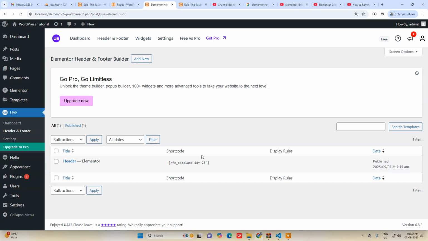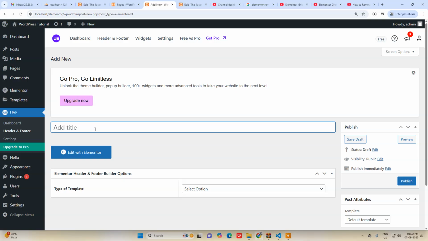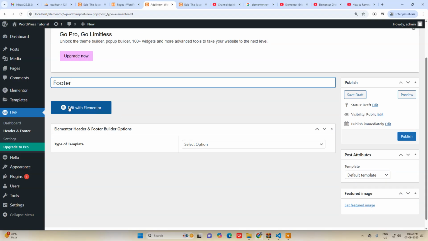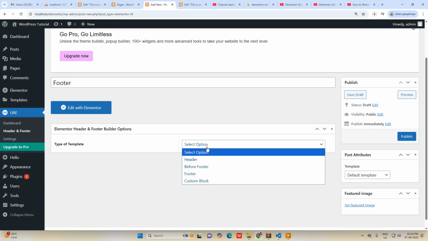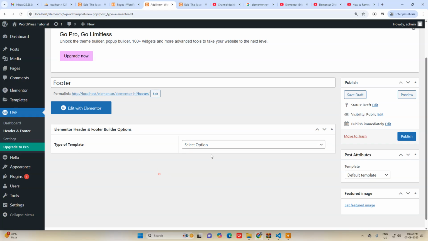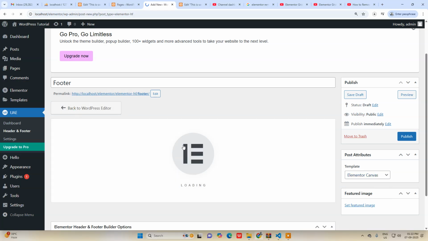Now we have created this header, so you can see the shortcut is also generated. I will show you how we can use this in our template. Now let's create one footer here, name it as footer, and then edit with Elementor. Apart from that, if you need after header, after footer, you can do that also, but for the time being we are just using a footer. And then we can of course select this as Canvas, and then select Elementor